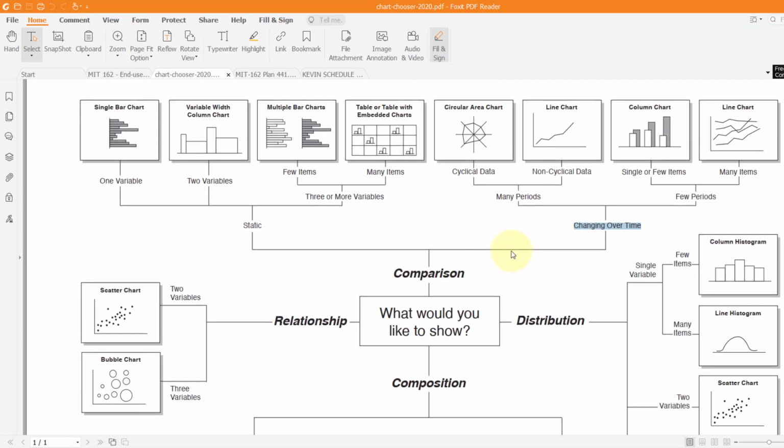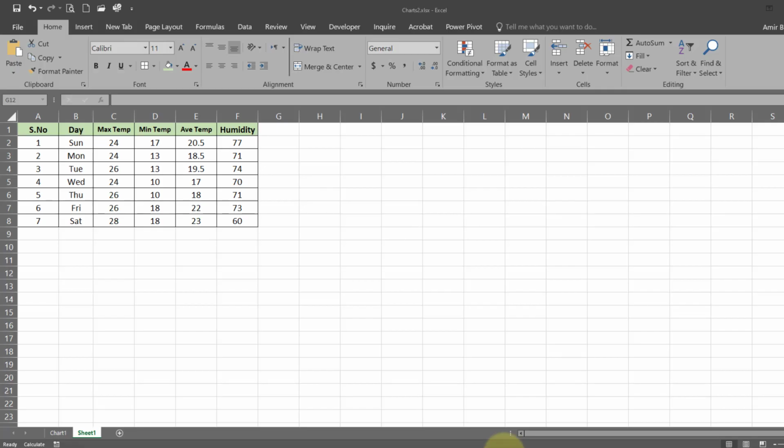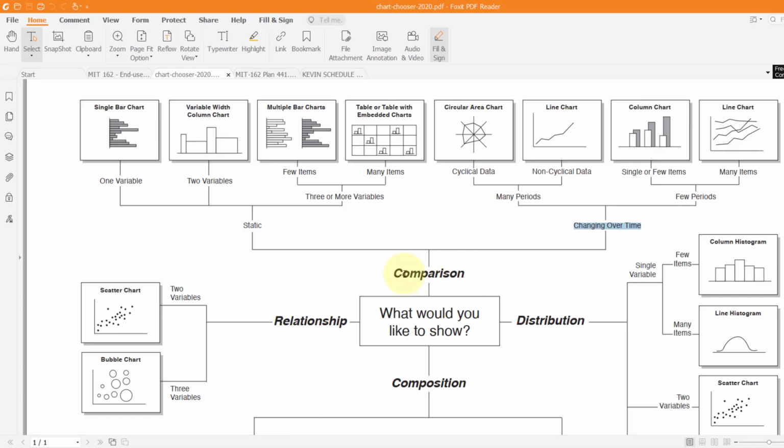For our case, we have this data here where we have day, temperature and humidity. So we are doing a comparison between these data. So we will select from here. Then the second option is that the data changes over time.